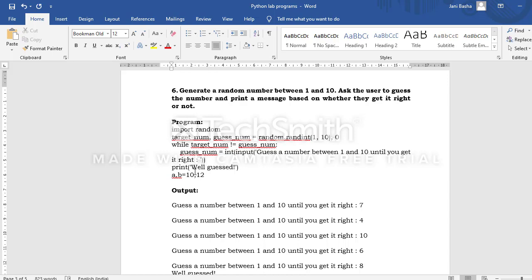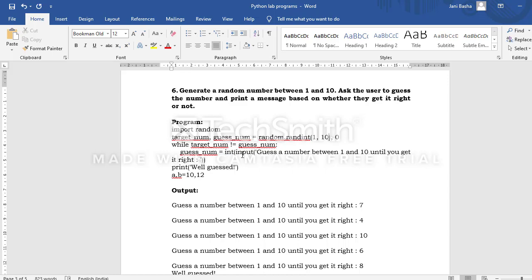Now I need to write a while loop. While target number not equal to guess number. What is guess number? Initially it is 0, but later on in the program, guess number is equal to input of guess a number between 1 to 10 until you get it right.